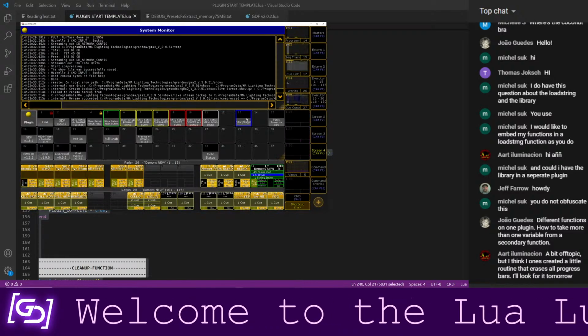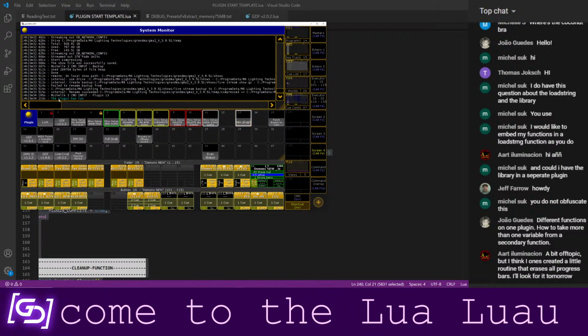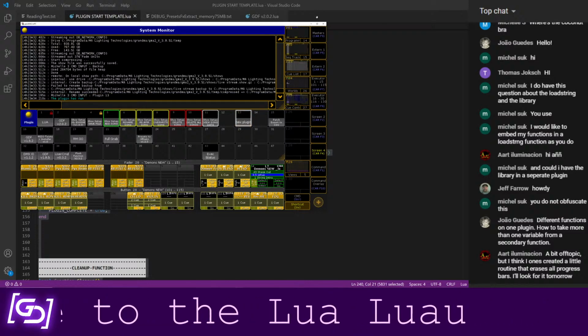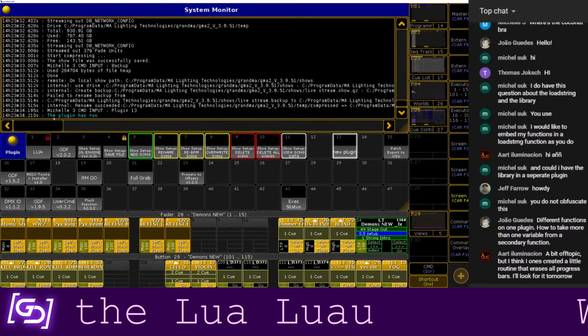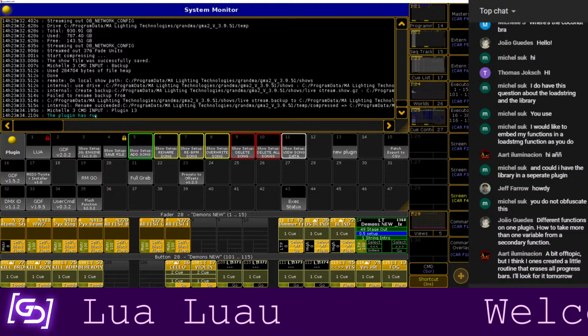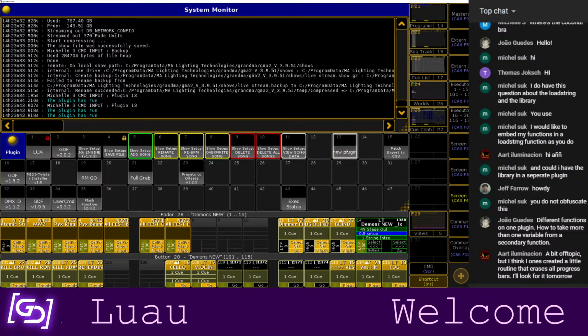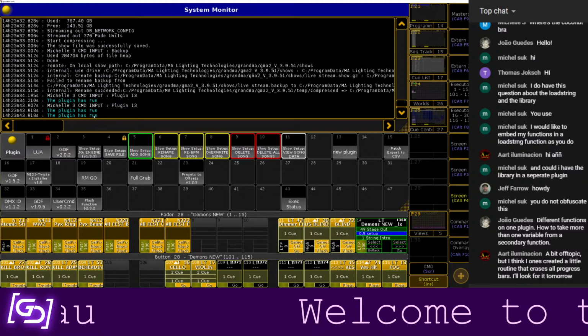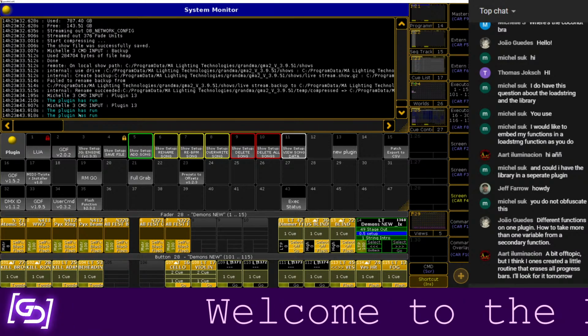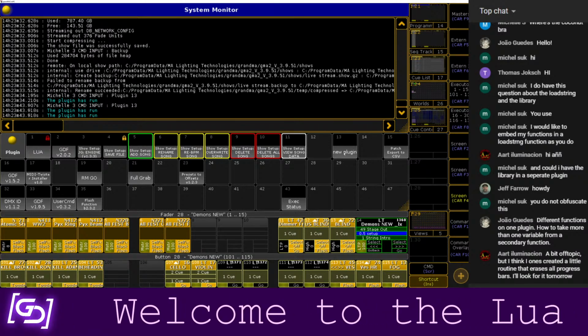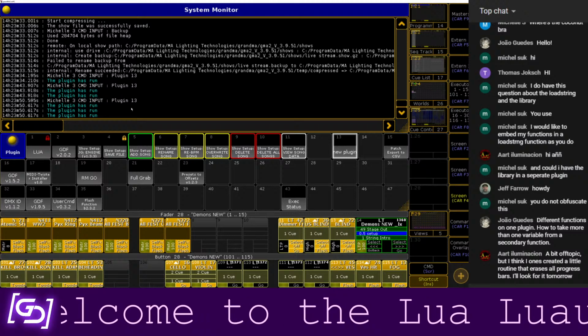Back up. All right, so I'm going to run it, and we see that it prints when it's done running. I could have made that bigger, I'm sorry. When it's done running, it says the plugin has run. I'm going to run it again, and we see this time it ran twice. It gave us the plugin has run 2 times. If I run it again, we see that it's run 3 times.